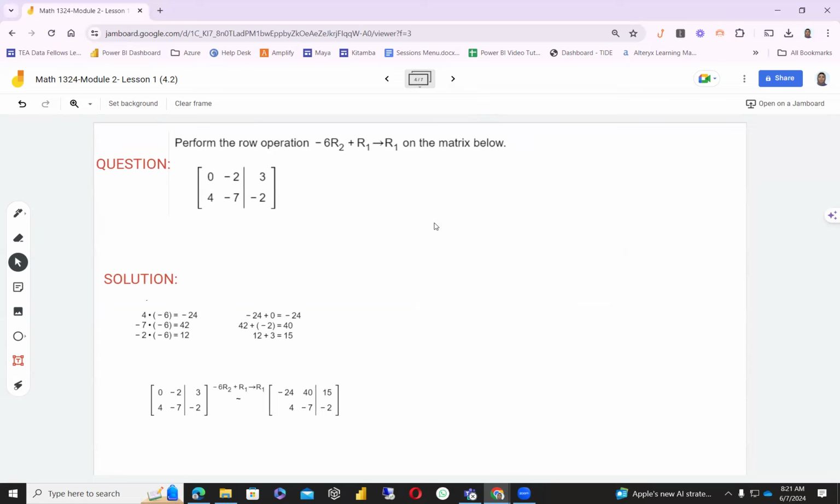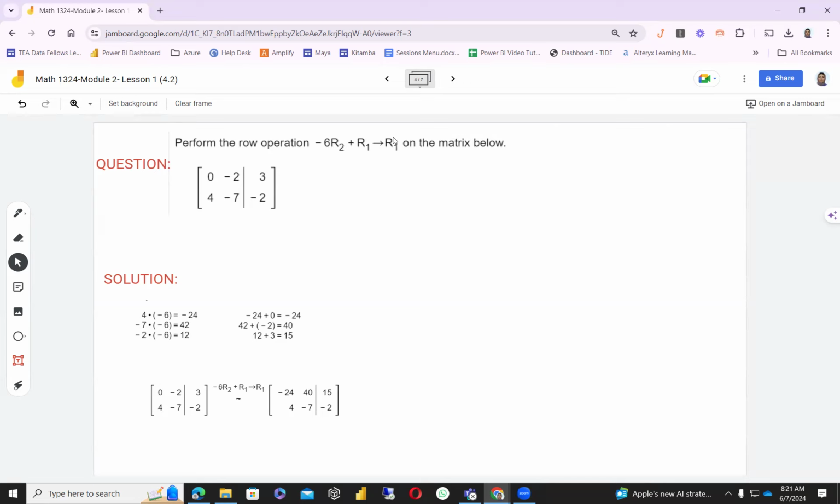For question 4, it's just asking us to do some row operations. With row operations, it's important we understand what they're telling us here. It tells me that I'm giving you a matrix, and then on this matrix, do these changes. This is row number 1, so this is R1, and this is row number 2, this is R2. So it says go ahead and multiply every number on your row 2 by -6, and then add it with row 1 values,